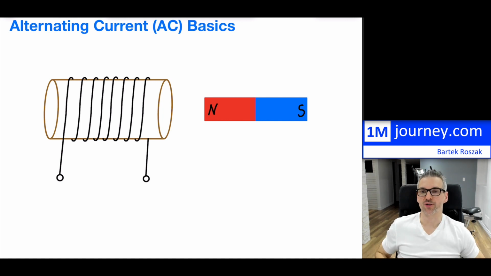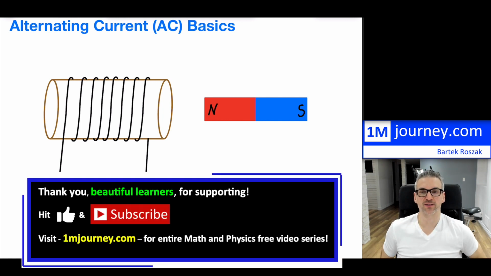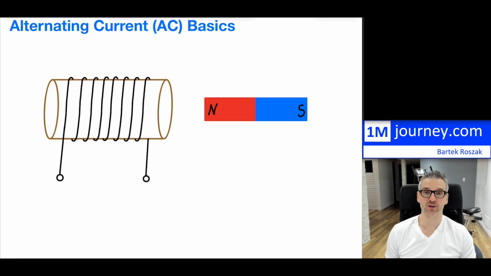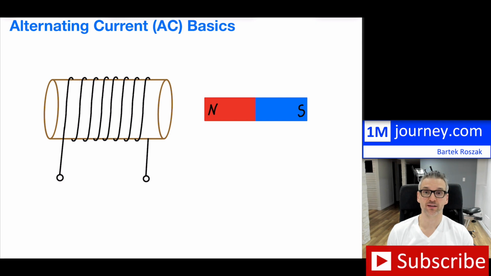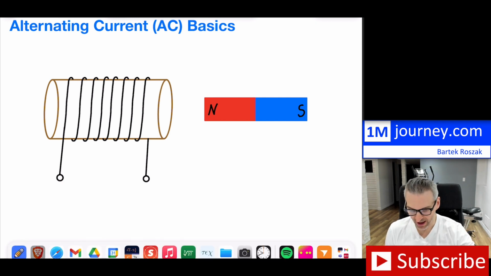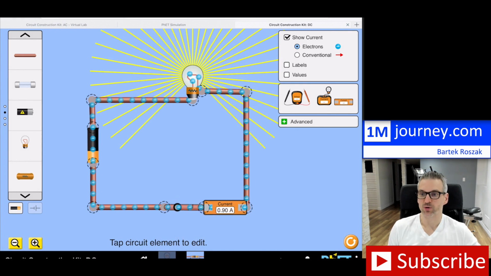So what is alternating current, where we often write AC? Now you have run into direct current, which is the flow of current, which is just electricity, or you can think about electrons, which are flowing just in one direction. So if you think back, I have here a simulation where you have a battery